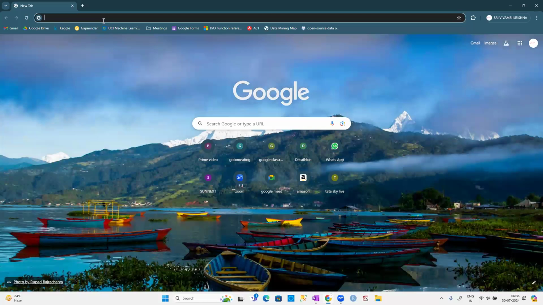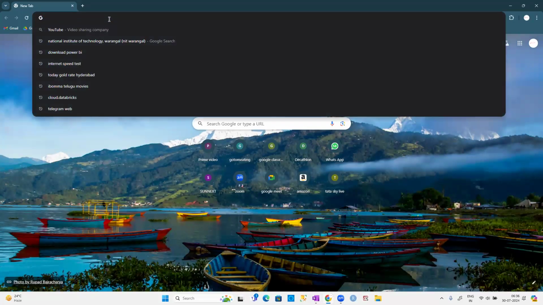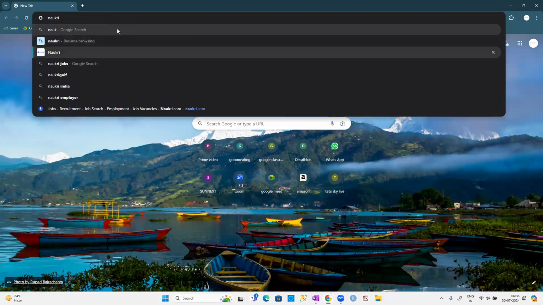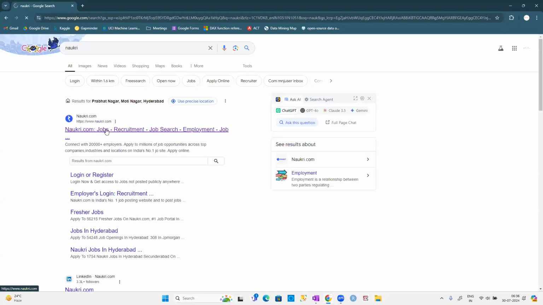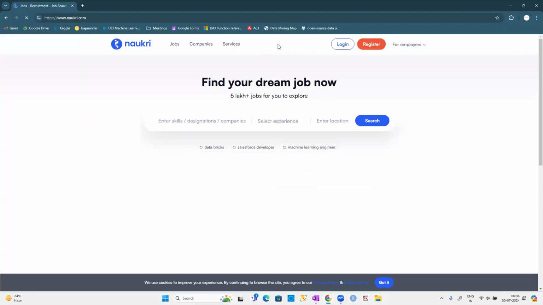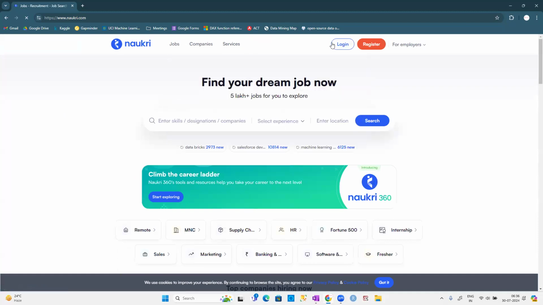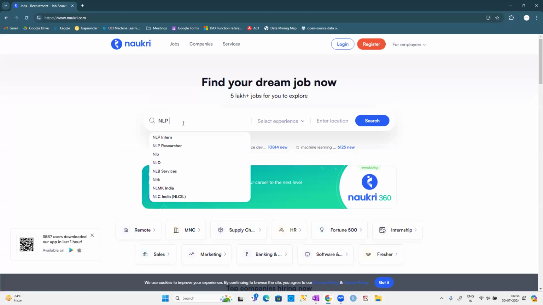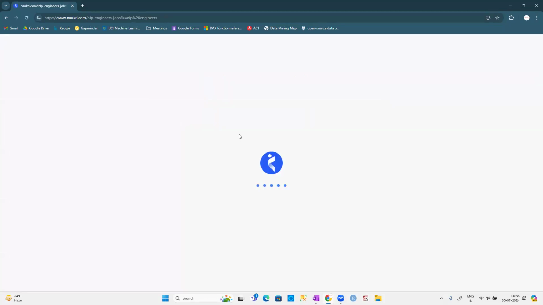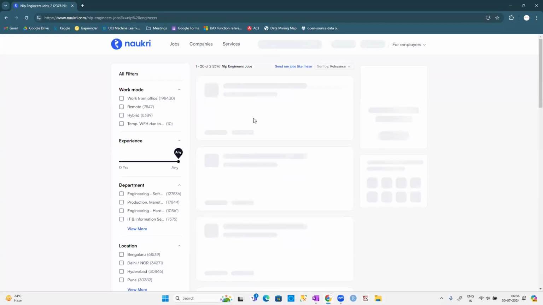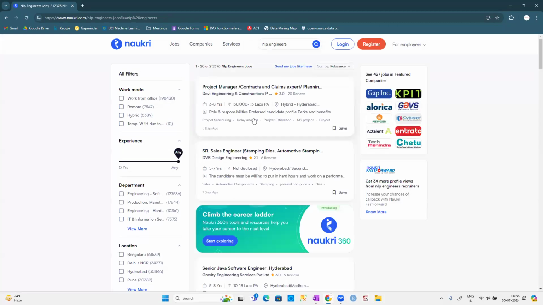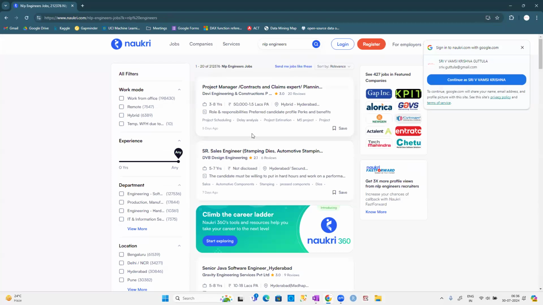If you go and check, the role is nothing but NLP engineer, guys. Nowadays there is a huge requirement for NLP engineers. NLP is not complicated, but it is something different. Once you search for NLP engineers, you can find a lot of jobs based on NLP. But it's a little bit different topic. It's not that simple a topic.